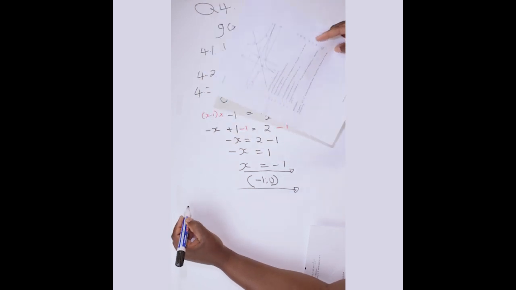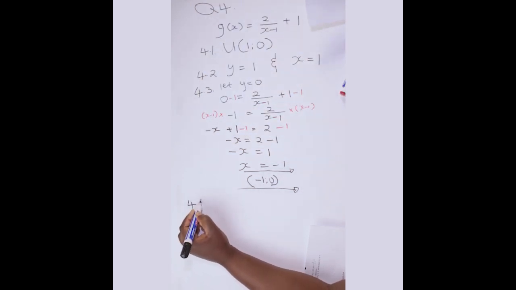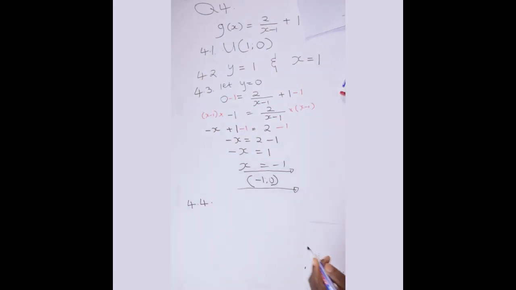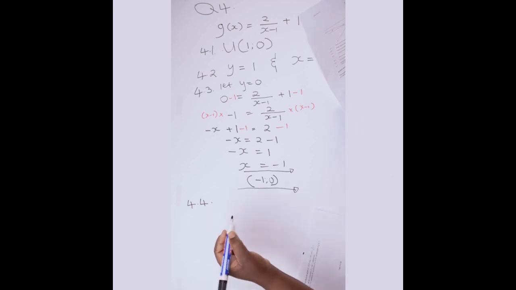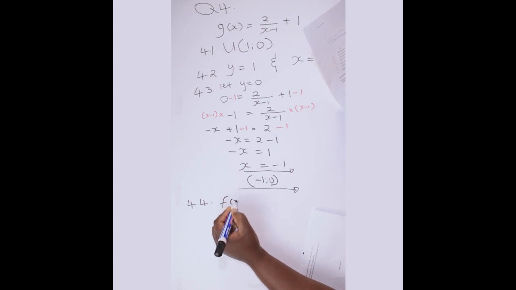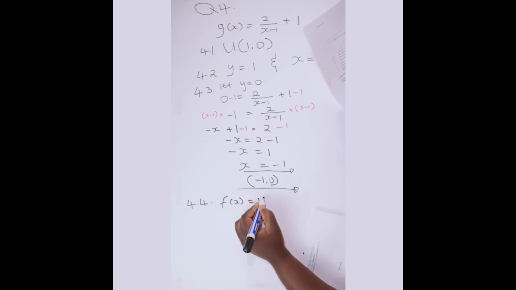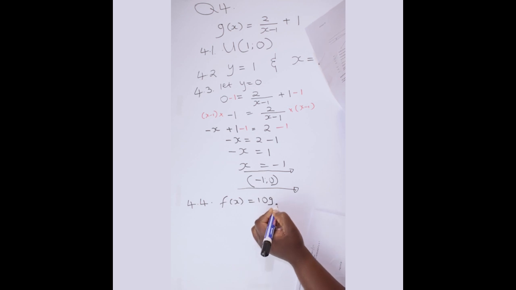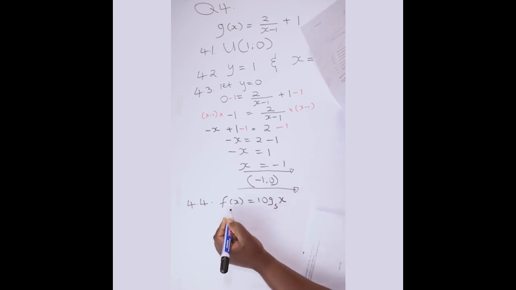They wanted you to remember or to be able to acknowledge that a reflection along line y equals x is the same as the inverse. So to do that, we're just going to be writing our equations. You interchange them. In other words, there you have f of x equals log with base 5 of x. Remember, your f of x is your y. So this can be rewritten as y equals